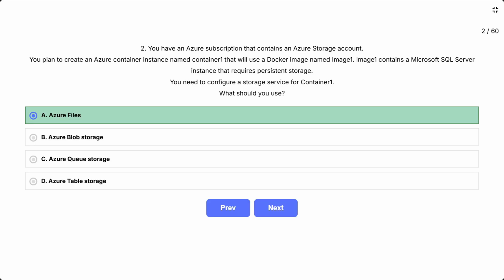Now the other options, which are incorrect: Azure Blob Storage is optimized for storing massive amounts of unstructured data. Next option, Azure Queue Storage, is for storing messages in distributed applications. And the last option is Table Storage, which is for storing semi-structured data.